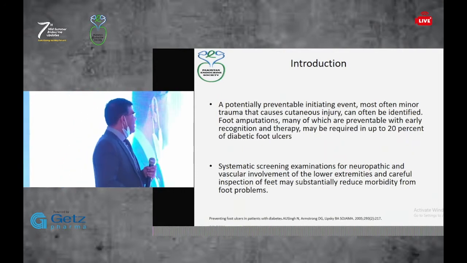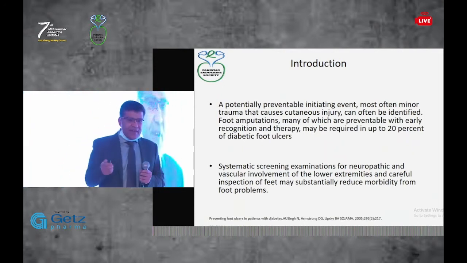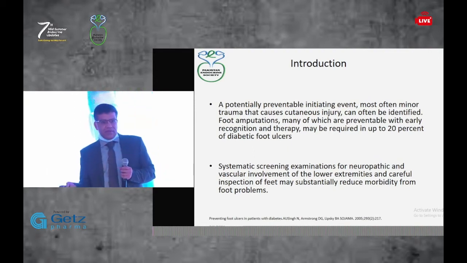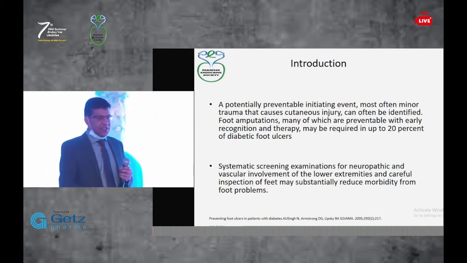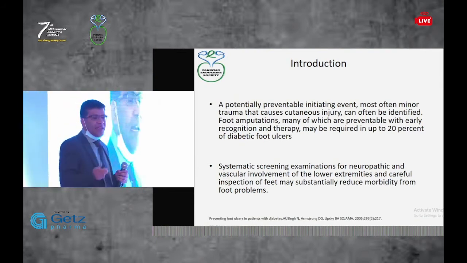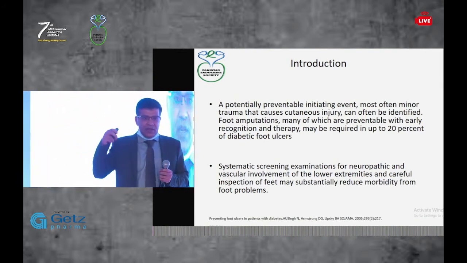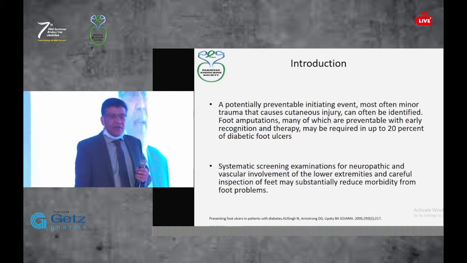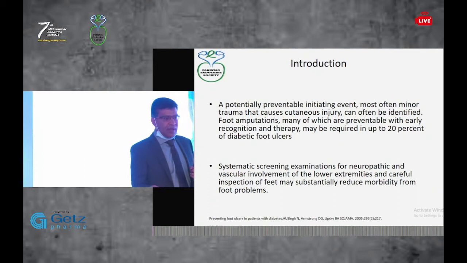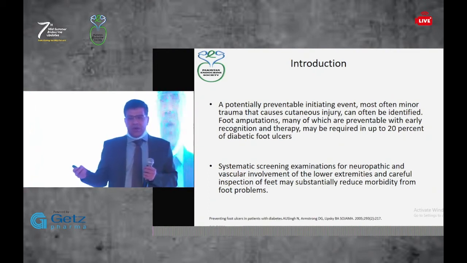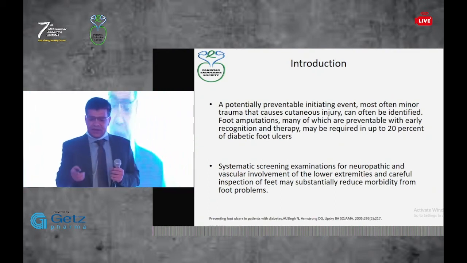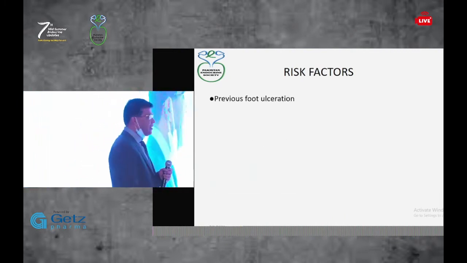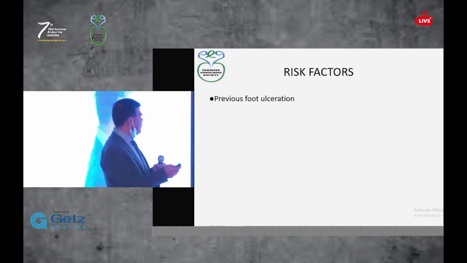So it is potentially preventable. The first event, a minor trauma, can be discovered in these patients, and systematic screening examinations like neurological and vascular exams can be carried out in our clinics to look for the risk of diabetic foot. The most common risk factors are previous foot ulcerations,